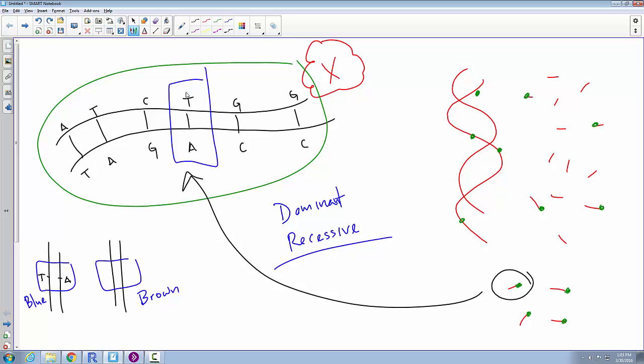But suppose at this particular location, 60% of the population has T and A, and 40% of the population has G and C. Then that's an informative location. That's a common difference between people. That's going to be called a SNP, single nucleotide polymorphism. We are moving into the topic of what's called Genome-Wide Association Studies, GWAS, and GWAS deals with SNPs, single nucleotide